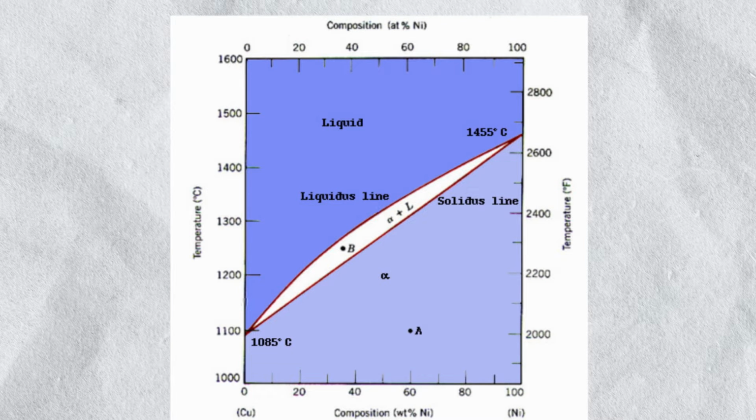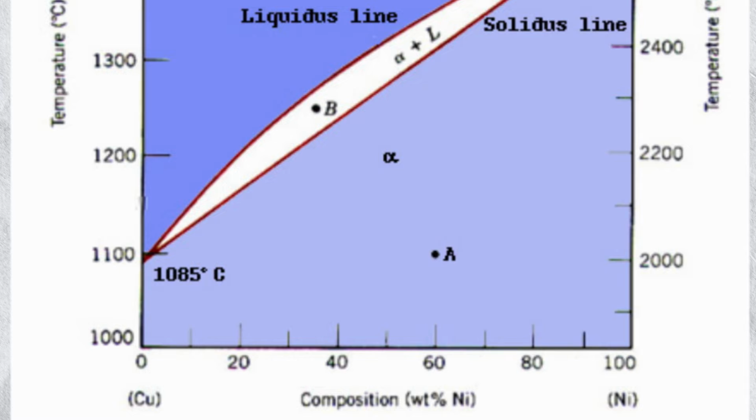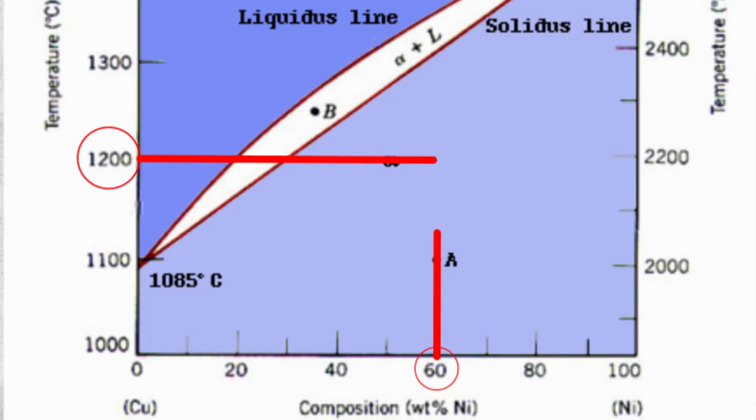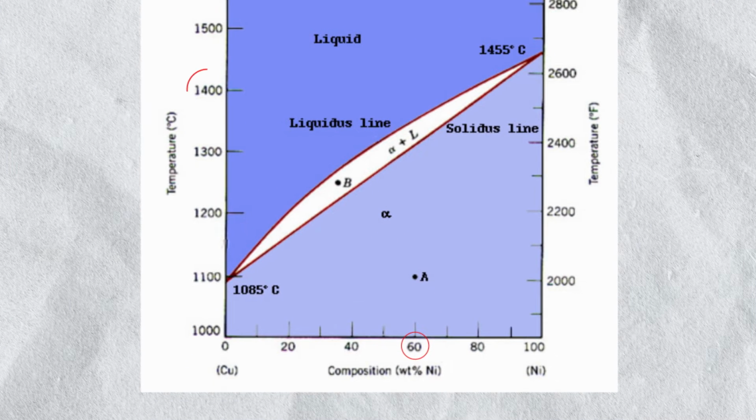Like I said before, at different compositions, a lot of things can happen. Depending on the temperature and amount of each component in the alloy, the phases differ. For example, let's take a look at a composition of 60% nickel, right here. At a temperature of 1200 C or 1200 degrees Celsius, the alloy is still in its solid phase, represented by alpha. If we raise the temperature to 1400 C or 1400 degrees Celsius, it changes to a liquid phase represented